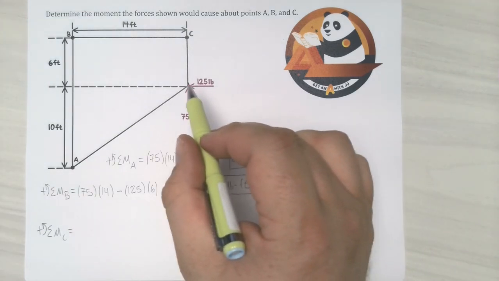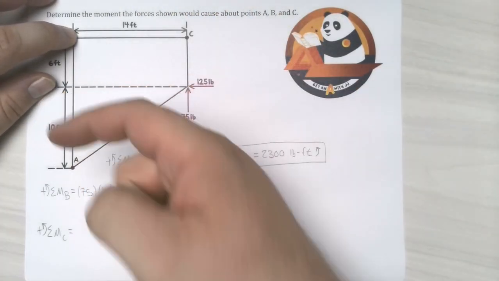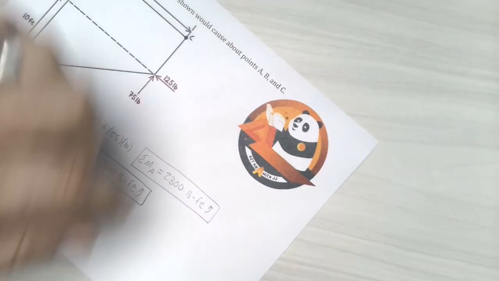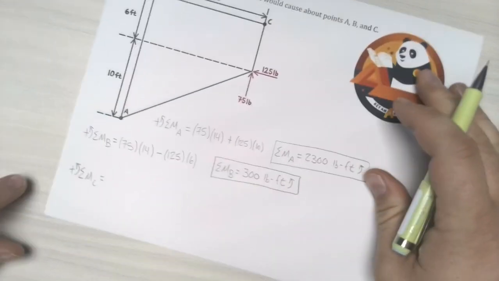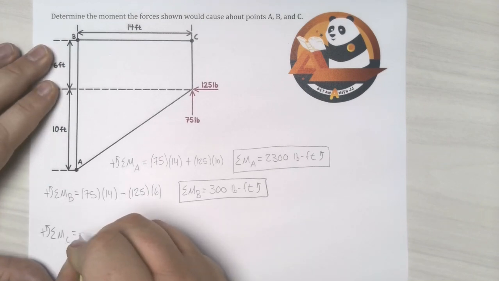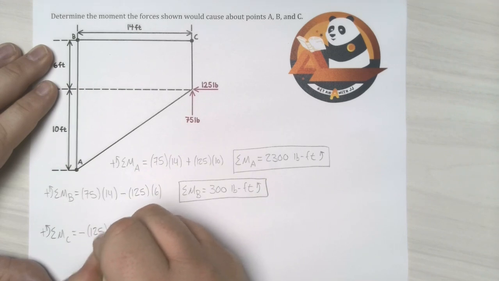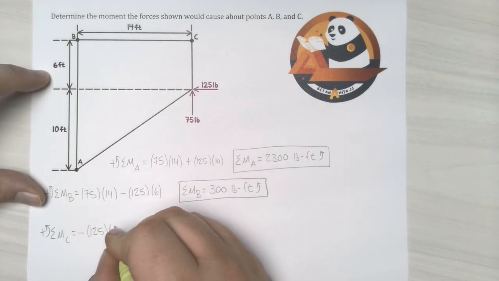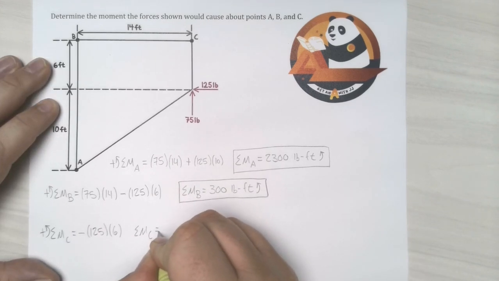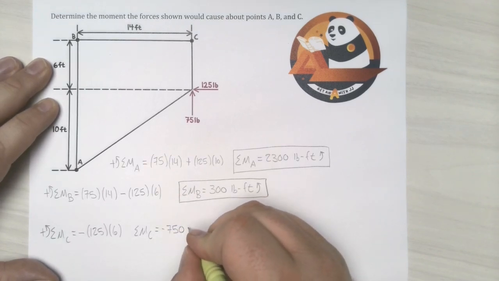But we will check the x component, 125. It goes under C, so I do have to include it. It's going to the left on this, so if I pin now at point C and I push to the left, I am rotating clockwise on this. We just said that positive was counterclockwise, so in my equation, I'm going to put this in as a negative moment. Negative force, 125, times distance, 6 feet, is going to get me that my total moment about point C is negative 750 pound-feet